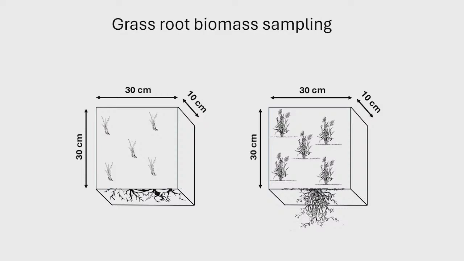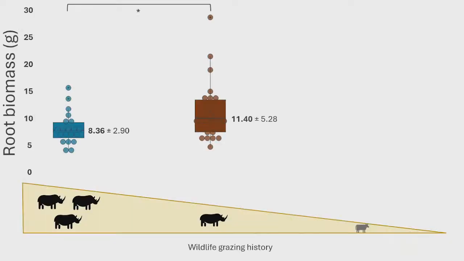So we would put plots of 30 centimeters by 30 centimeters and dug down to 10 centimeters and spend a lot of time washing and sorting roots. And what we found was that in the area with less grazing, there was a higher grass biomass compared to the area with lower grazing. Unfortunately, we were unable to sample in the community area due to some external factors, so we couldn't extract roots